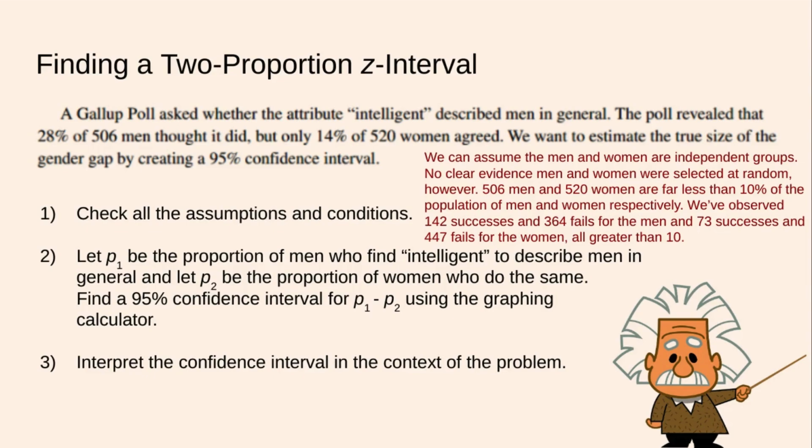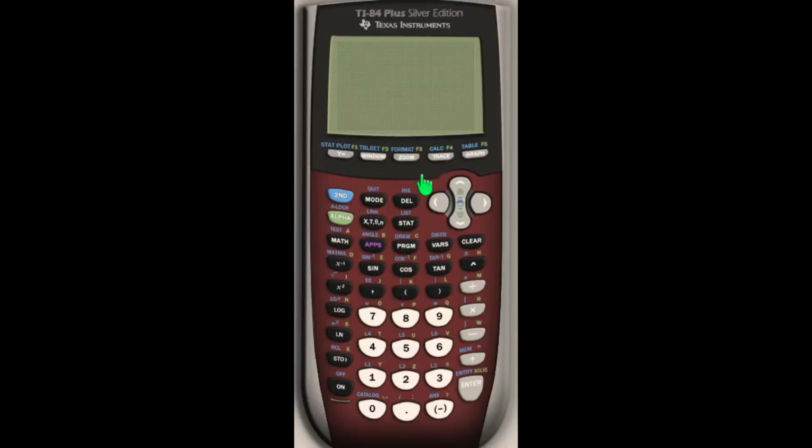Now we're going to use the graphing calculator to find that confidence interval. So here we are at the calculator. We're going to go to stat, and we're going to go to tests, and we're going to go to 2 proportion z interval. That is pretty far down. 2 proportion z interval, that's letter B. So now we have x1 and n1. This is going to be our proportion for the men. We're going to start with 28% of 506, which will automatically output